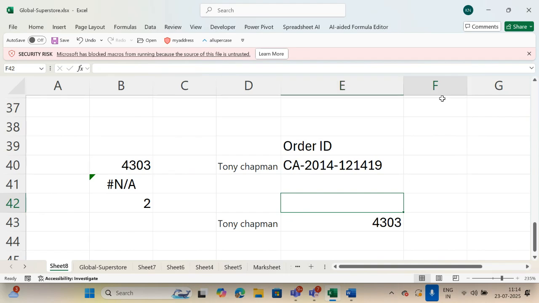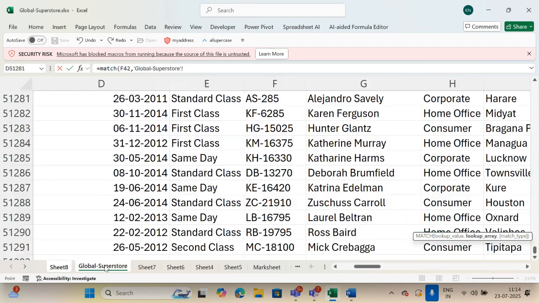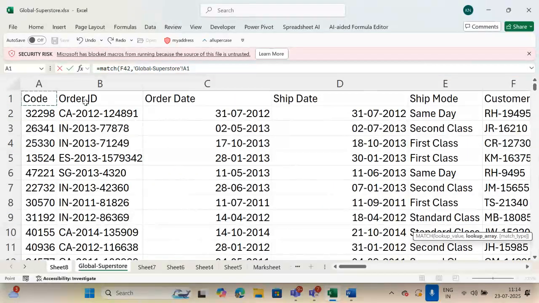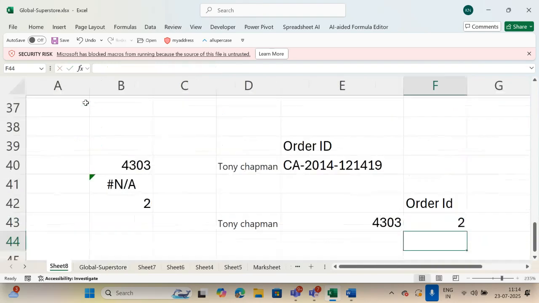Okay. And if you want to find out the column number, then is equal to match. You want to find out the column number of order ID. So order ID column number should be from heading row. And it should be from A1. Otherwise, the column number will be changed, na? Comma 0. I'm sure, Dipankar, you got the thing.